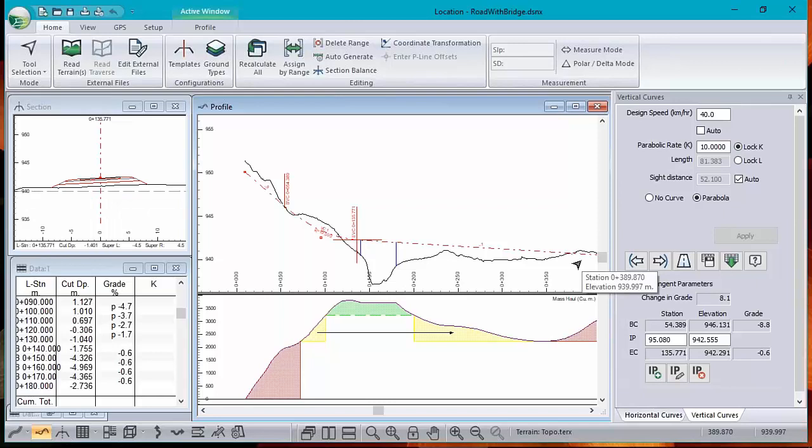Generally, the hardest thing about putting in a bridge is figuring out where the abutments go. And I decided I would go from 140 to 180 along my alignment. It starts up here at 0. And I did that by assigning templates. So let's just do that quickly. Assign by range,